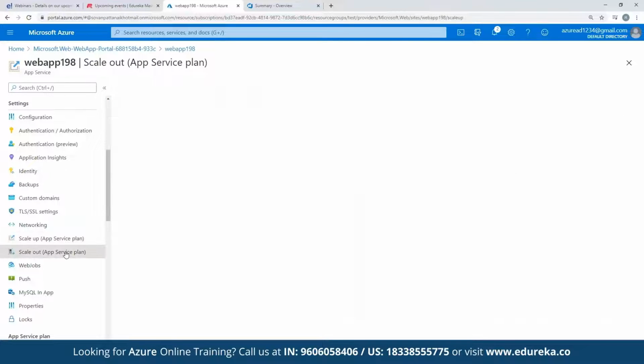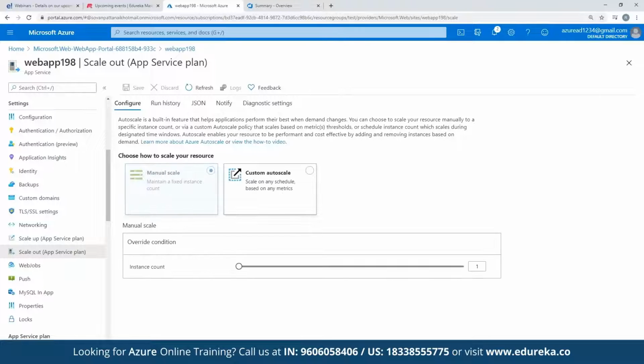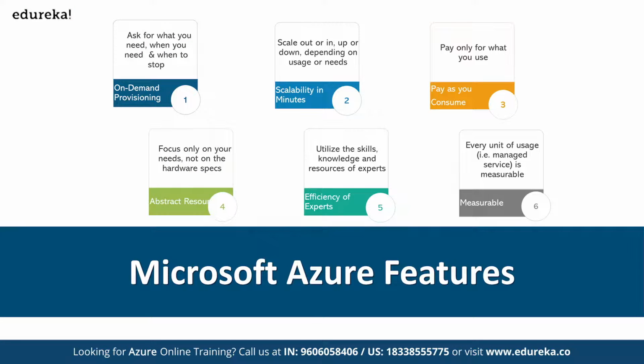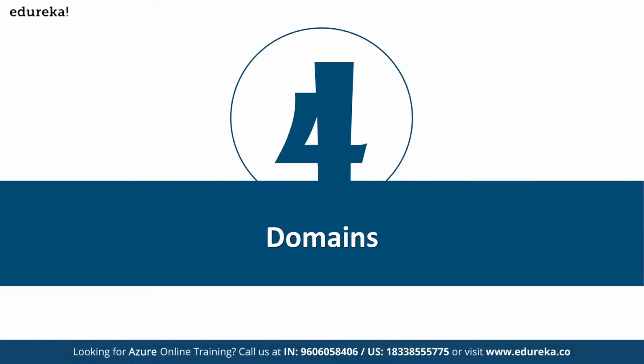So when you say scale out, that means you scale your VMs, your machines, which you can call instances. We have the total number of instances which we can scale out here. That's what it means to pay only for what you use, and developers can focus only on those processes and don't need to worry about the hardware or server part of it, right?